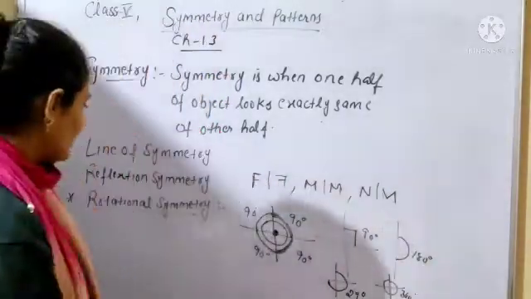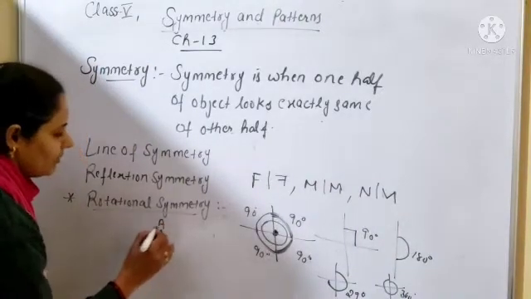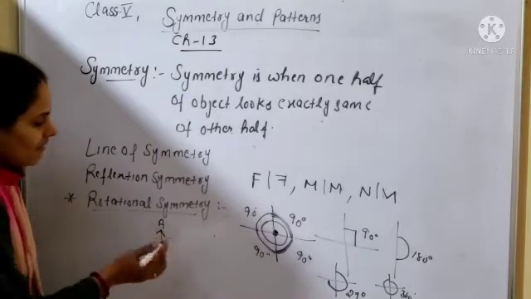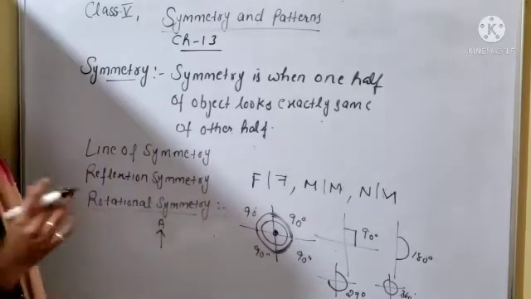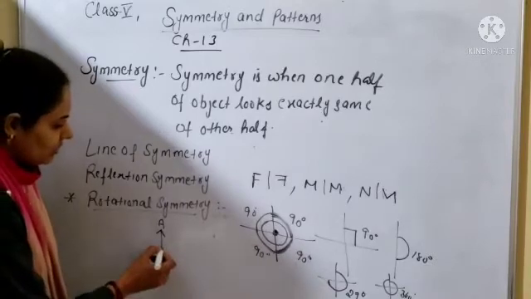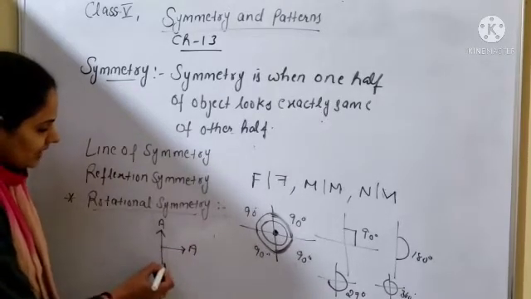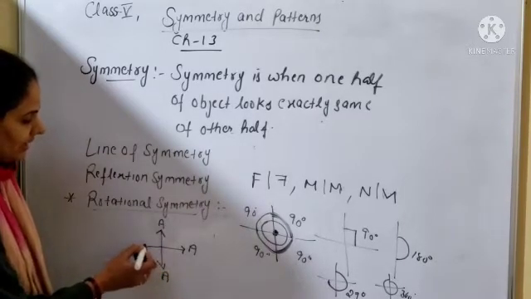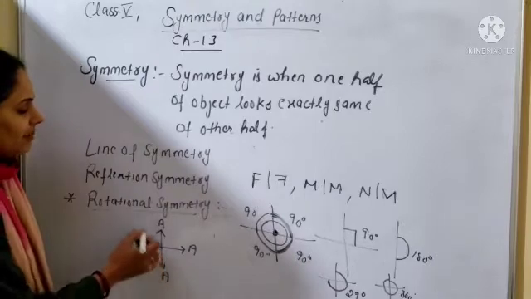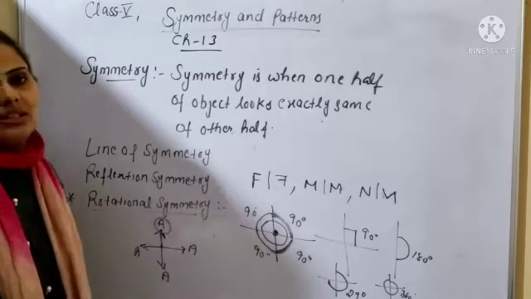Is it clear? For example, you have the shape of A, and this arrow is given. If you are doing the quarter rotation, in the quarter rotation you will get the A here. In the half rotation you will get A here. In the 3/4 rotation you will get the A here, and in the complete revolution you will get it again in the same position, the original position.